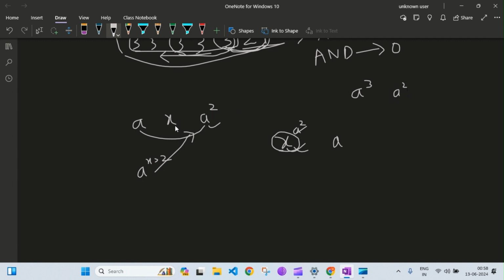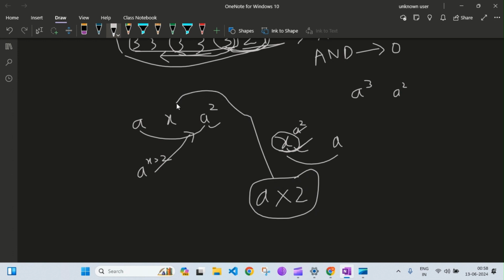So this 3 can be any integer greater than 2, but what about this case that x to the power a square must be divisible by a? So for this to be true, this x must be a multiple of a, right? So what is the least multiple we can have? So if a into 1 we take, that is not allowed, right? Because all the three integers must be distinct, a, b, and c, and also be in increasing order. So what remains for the minimum? We have, yes, a into 2, that is 2a, right? So this we assign to this x,